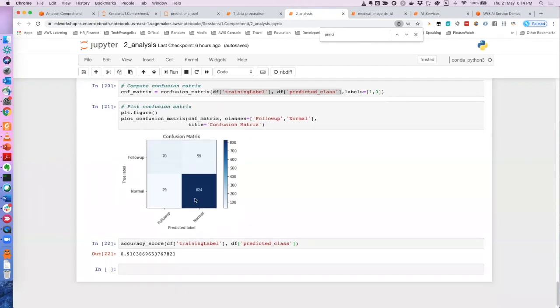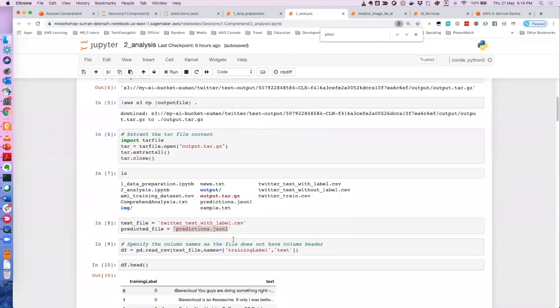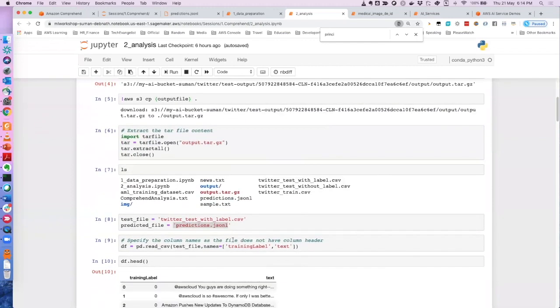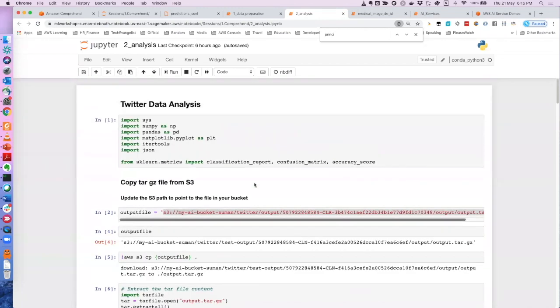So this is what Comprehend can do. If you look at this whole set of code, we have not done anything machine learning specific. The only thing we did was use a pandas data frame just to load the data. But the model creation and classification, everything was done by Comprehend. We just went to the UI and gave the data set, and it gave us a model, right, or the output. So this is what Comprehend can do to analyze your text.